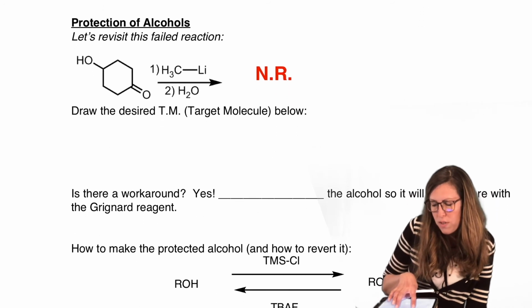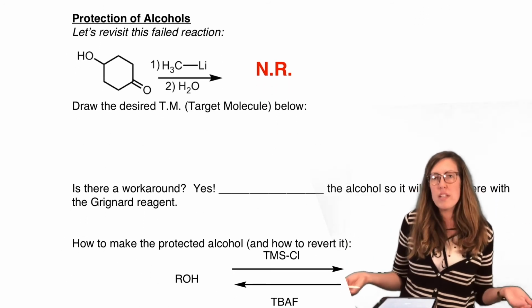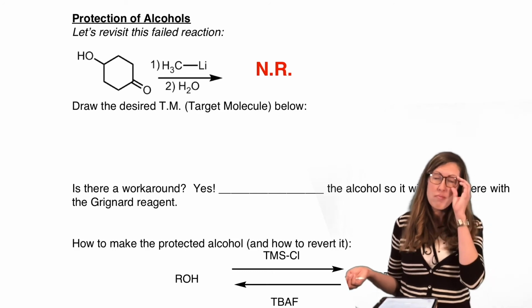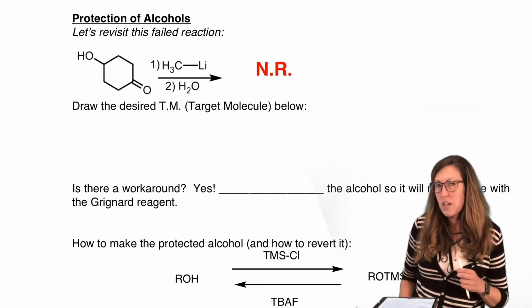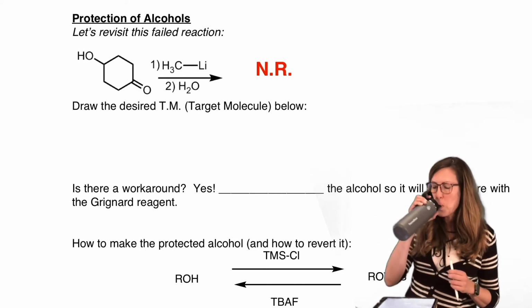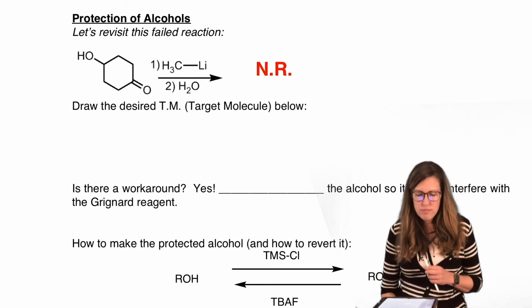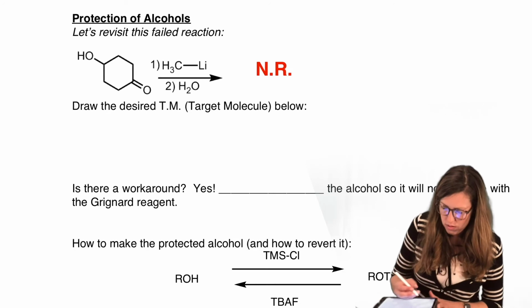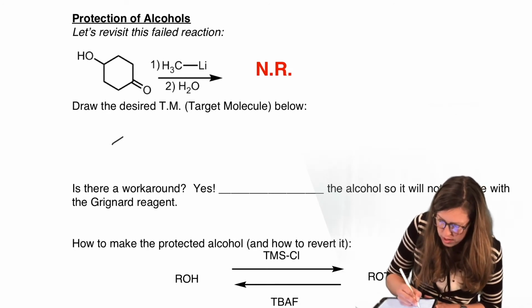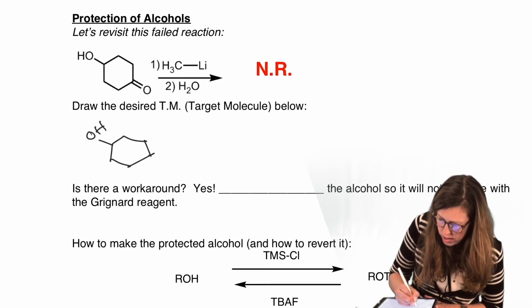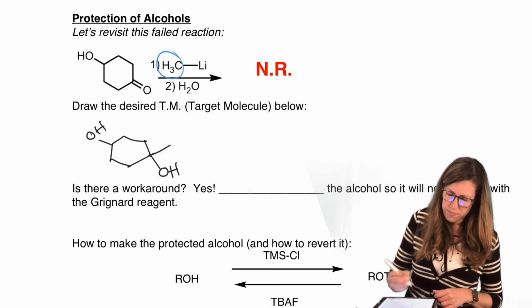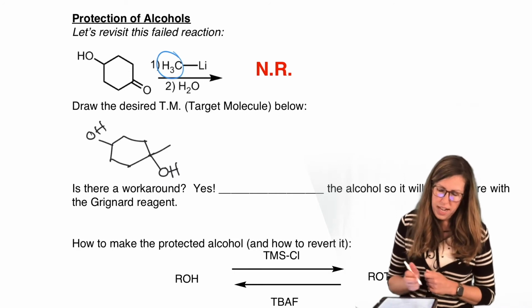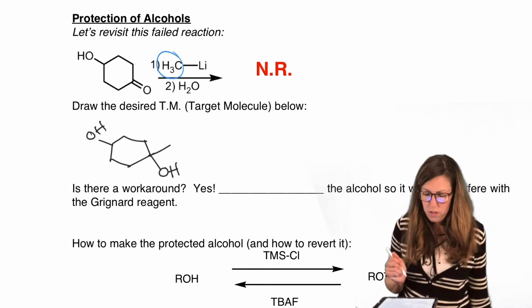So does that mean we can never, ever use a Grignard or any other organometallic, Gilman, if a reagent or a reactant has an alcohol present? Of course not. Chemists always find a workaround. So let's go through the clever workaround. Let's think through what our target molecule was supposed to be. We want to end with the methyl alcohol, because notice the methyl came from here, right? If it attacks the carbonyl only and doesn't get distracted by the protic alcohol, we'll be fine.